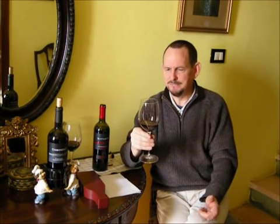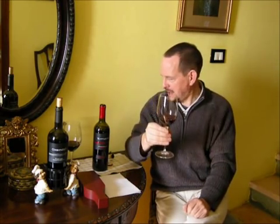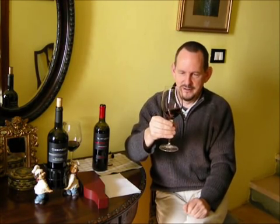What a different sensation. Being less dense, it spreads across the palate very nicely across the tongue. Quite tannic, but I would say that's velvety. And it's got that wonderful wraparound sensation, which I can really appreciate in the depths of winter. This being the coldest winter apparently in Italy for 50 years. So get a bottle of this. You don't need much else. A warm blanket and a bottle of this, you'd be well away. But anyway, seriously,